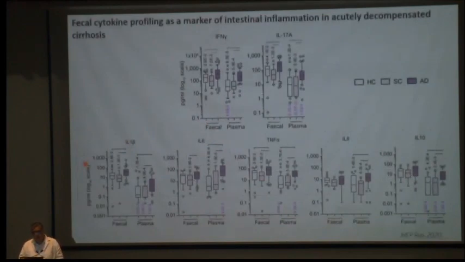So after this, there have been other studies where fecal cytokines have been used to identify, instead of going to the bacteria and doing next generation sequencing, which takes time, if there is a cytokine level test that we can very easily do in the stool samples and identify if there is a difference between the controls and the disease groups. So the white boxes here are healthy controls. The light purple are the sclerosing cholangitis, and the dark purple are the autoimmune. As you can see that as the disease